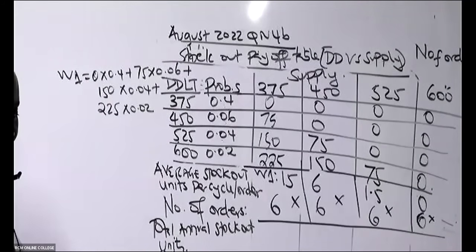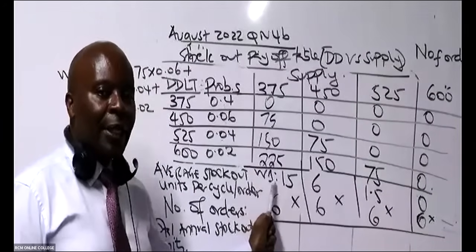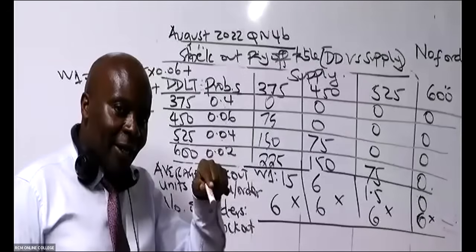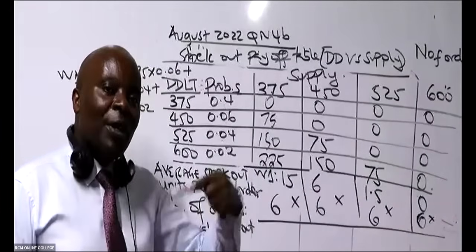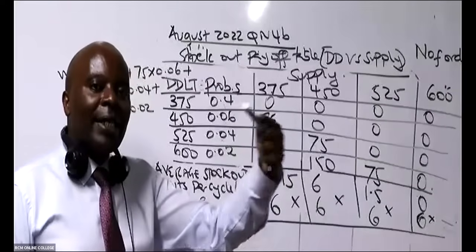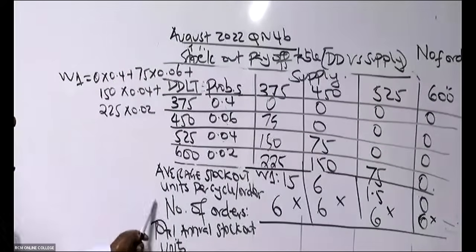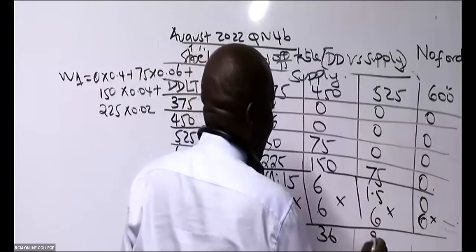Next step, thank you so much. Why are we multiplying with number of orders? Remember, whatever you got here was the average number of disappointments per reorder level, and reorder level is per order. We have one reorder level cycle for each order. So normally we have as many reorder levels as number of orders, so next you have to multiply this with number of orders to get this total annual stock out. So the first one is supposed to give us 90, 36, and 9, and then 0.